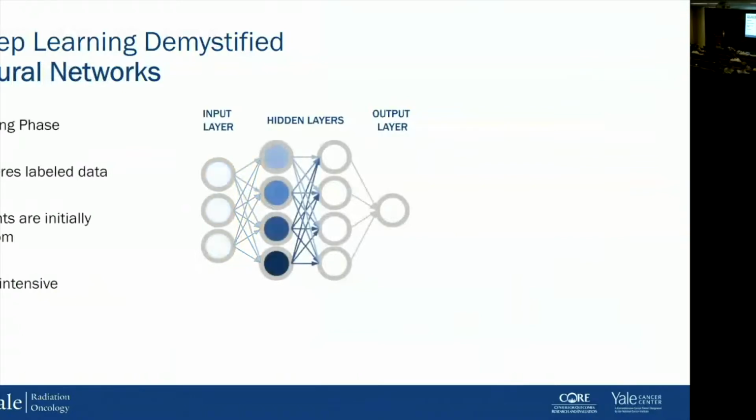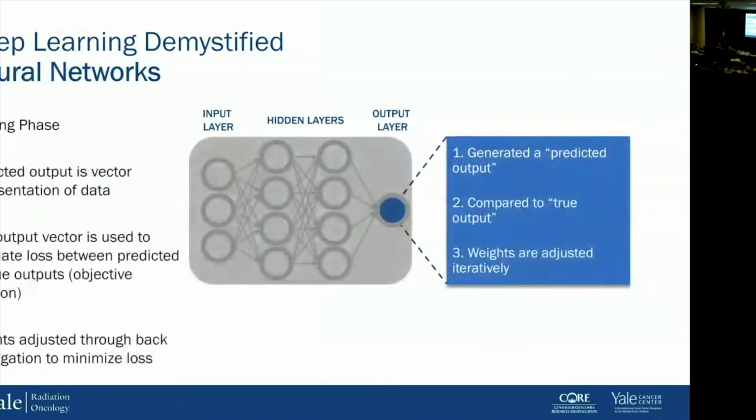What happens is that the input layer takes the function, the weights are randomized, and it propagates through the hidden layers. Then you get to an output layer, and at that output, you generate a predicted output using random weights. That predicted output is just a vector of what your data represents based on your neural network architecture. There's a true label that we have, because this is labeled data that we're training, so we have a true representation of that vector, and then we use an objective function to calculate the loss. That is how far our true label is from our predicted label, and that tells us how off our network is, in the most basic form.